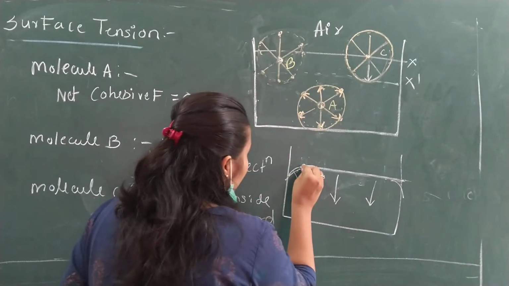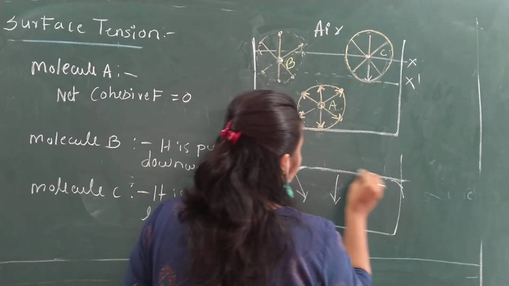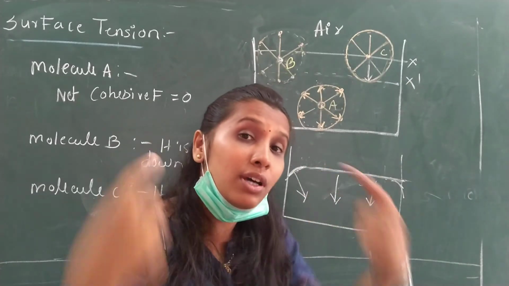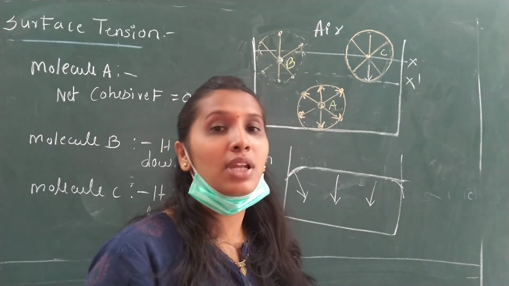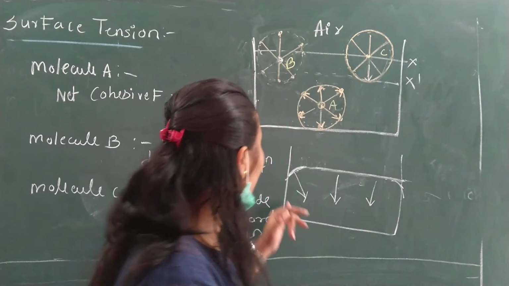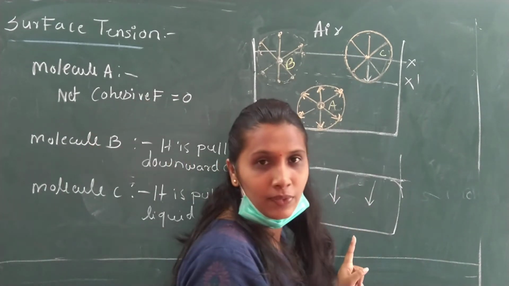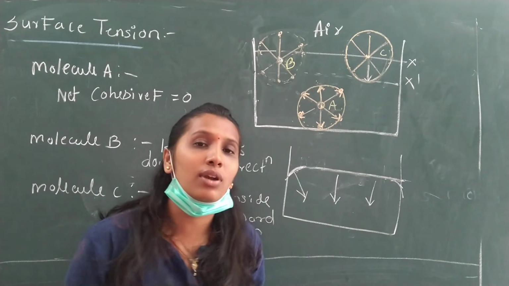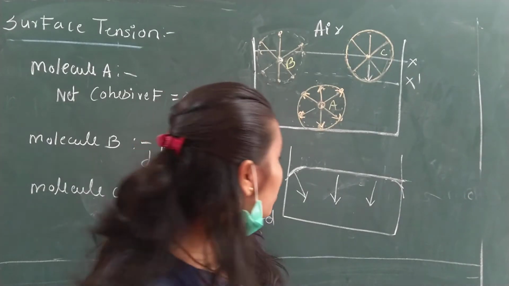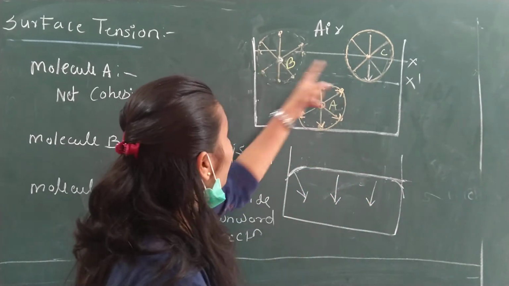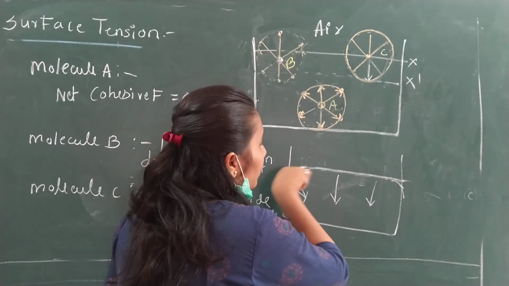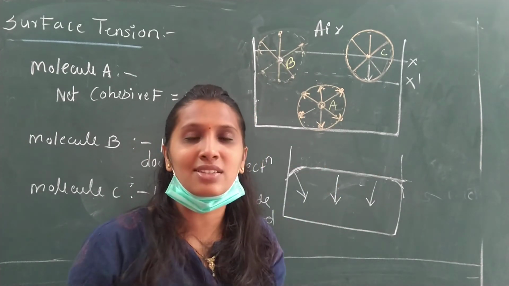So here, whatever molecules are present on the surface of the liquid try to minimize its area because of one force. And that force is known as surface tension. So surface tension is responsible for this. So one answer we have got: how can an ant walk on the surface film of water? This is the reason, because every molecule on the surface is trying to pull inside the liquid. So the surface film will behave like a stretched elastic membrane.